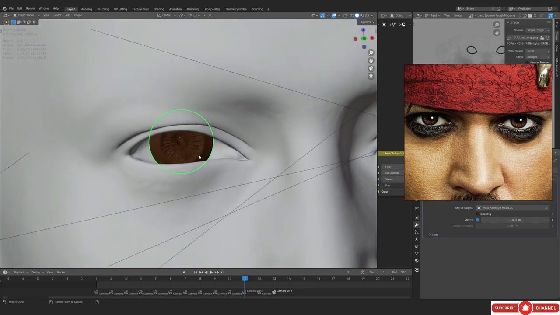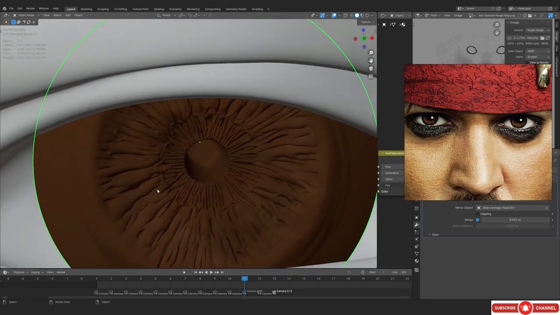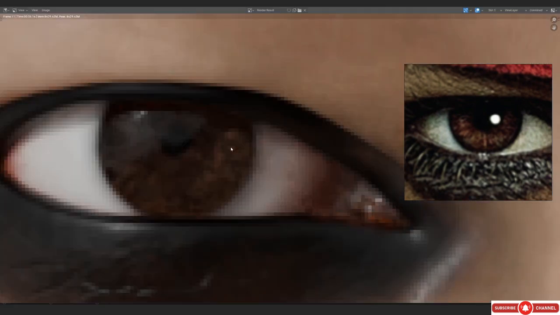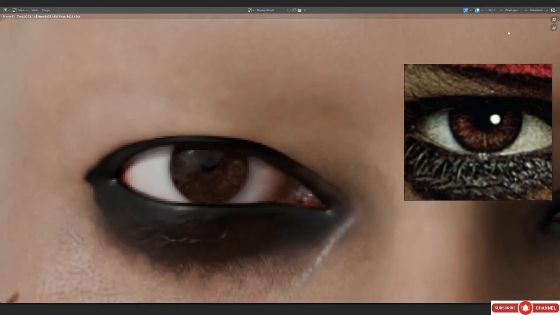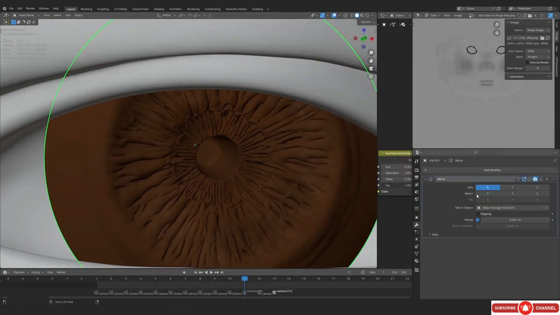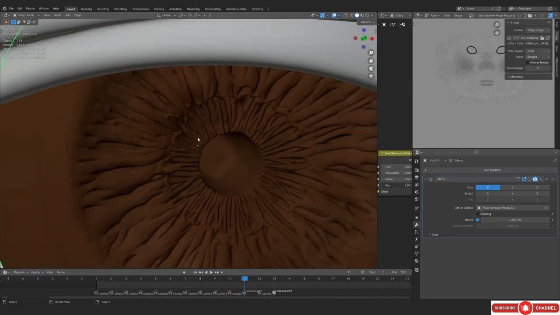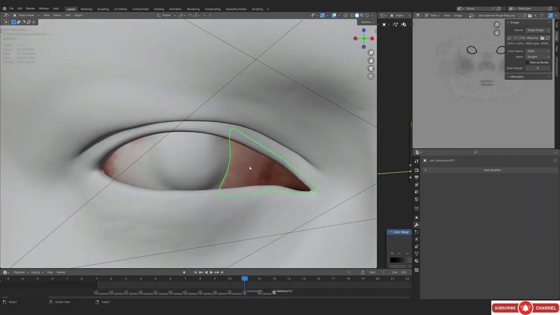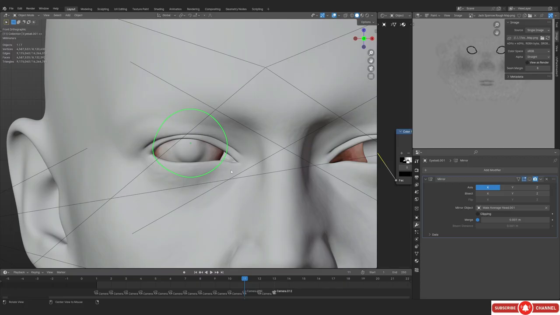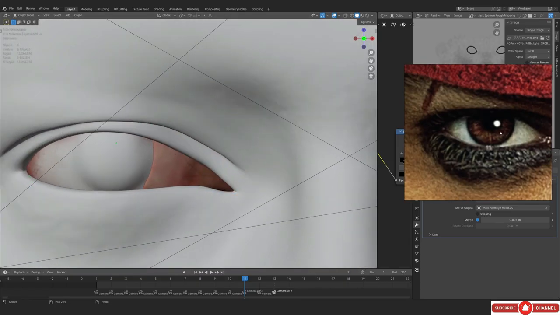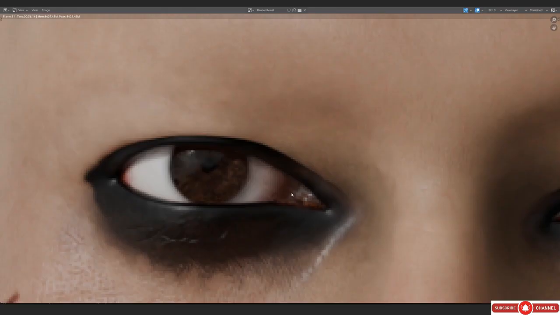But yeah, this is what we have, and now we have the pupil. You can scale it down as well, by the way, and you can increase the contrast. If you were to look at the pupil, I think it is looking pretty decent, the colors are pretty good. We just need to increase a little bit of contrast so that we can get those brighter and a little bit darker spots. But now let's actually just paint on the eyeball, and I am just going to be hiding the caruncula. So let's just do that.